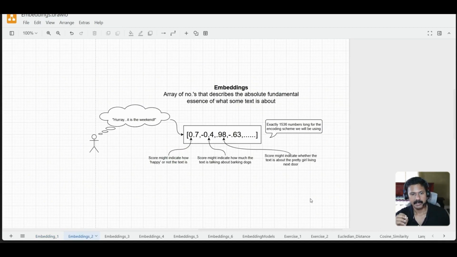Now let us try to understand what embeddings is all about. So embeddings is an array of numbers that describe the absolute fundamental essence of what some text is about. So suppose the text that we are interested in is, hooray, it is the weekend, right? And if you were to ask someone to gauge the qualities that are in the sentence, it could be excitement, and it probably might be happiness, and might be something else as well, based on who is actually gauging the qualities there. So you can think of embeddings as trying to extract those qualities and converting it into numerical floating